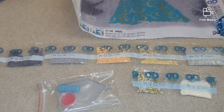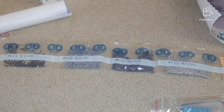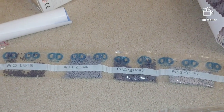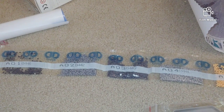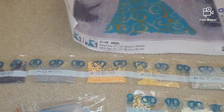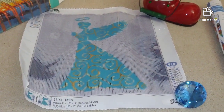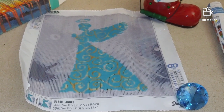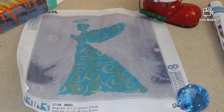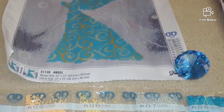Okay, these are the diamonds, a lot of gray. Most likely I will replace one of the colors with AB. I'm not sure which one yet, but I have gray AB diamonds that I purchased from Tina, Diamond Painting with Sparklers. So I think it will fit the picture, the image, much better than just regular resin drills, because it is so festive, Christmassy. Angel, and the angels are creatures that produce light, so I want to show as much illumination and sparkle as possible, so AB diamonds will fit in this image, I think, along with